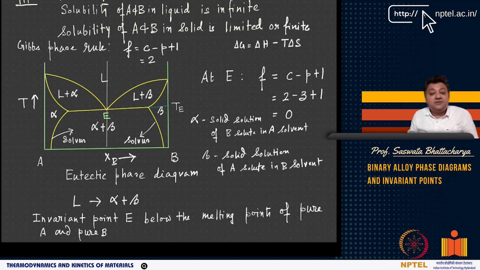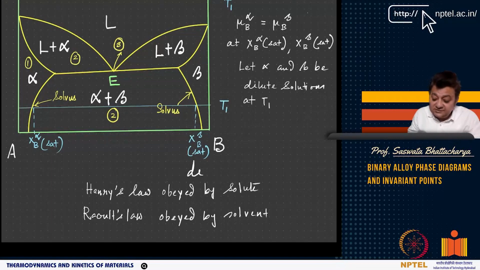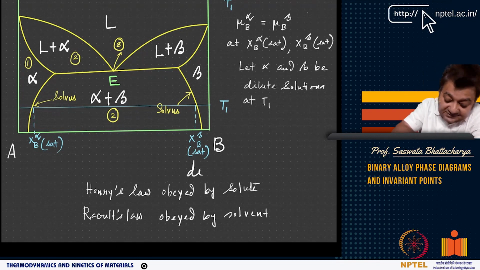I don't want to go back and explain the lever rule and tie line. I just want to tell you these are the salient points. We are representing this invariant reaction. So this is the invariant reaction. Now think of a point here. If you see, I have marked various phase regions. So within one, if I look at one,